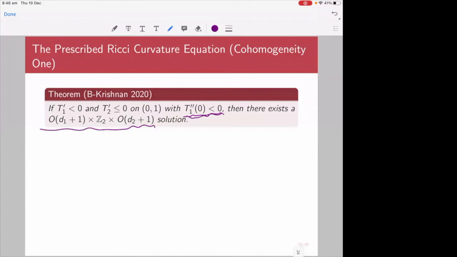Now, the proof of this result is much more complicated than Hamilton's original theorem. The reason for that, of course, is that the equations are much more complicated. Hamilton managed to produce